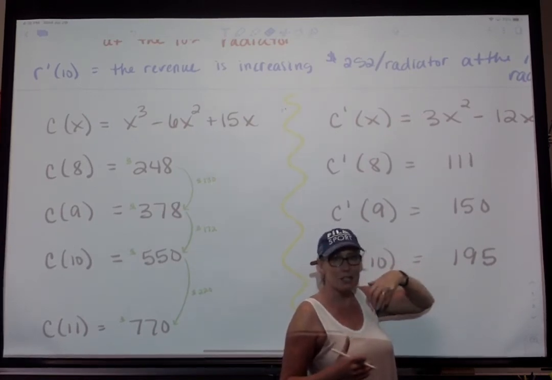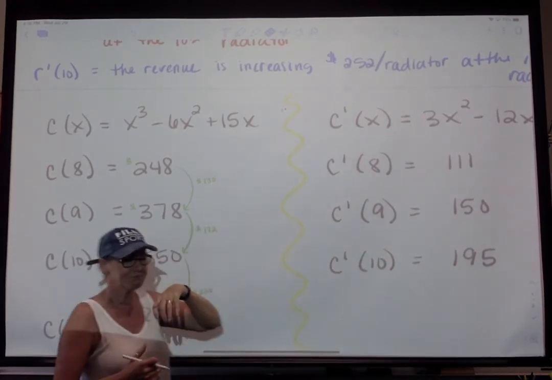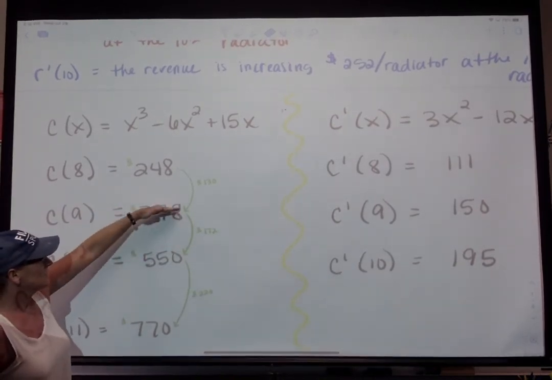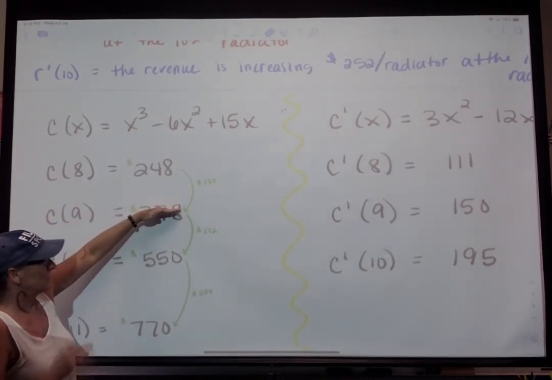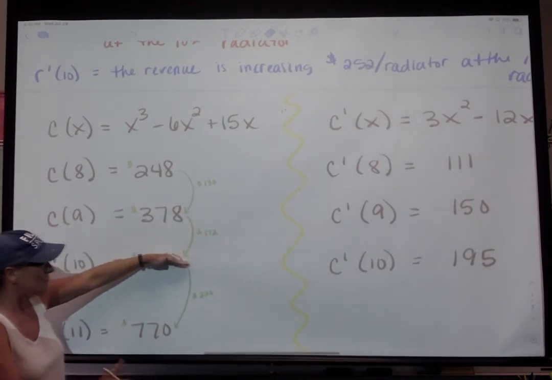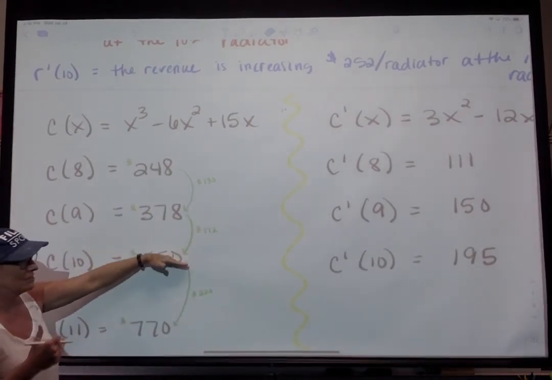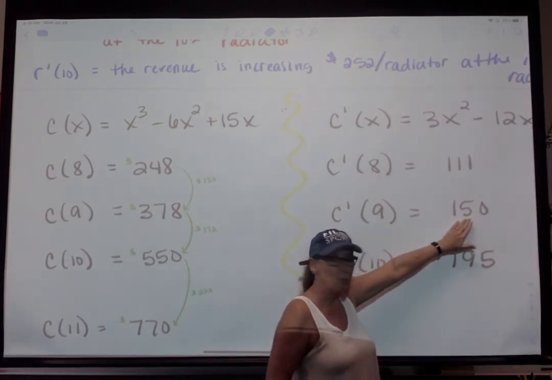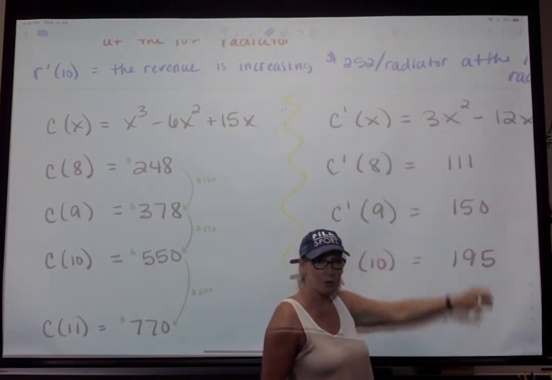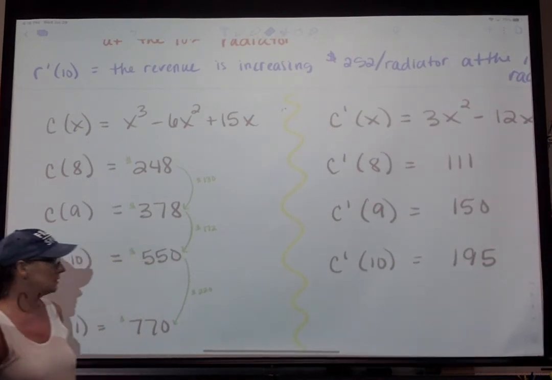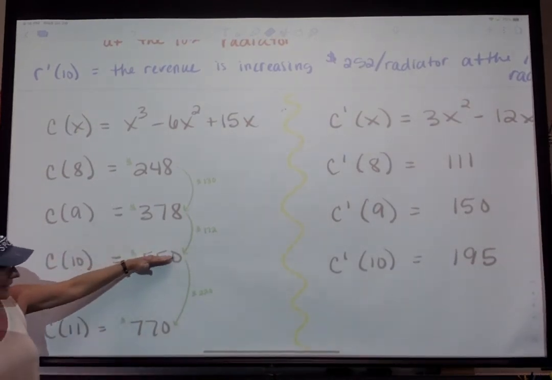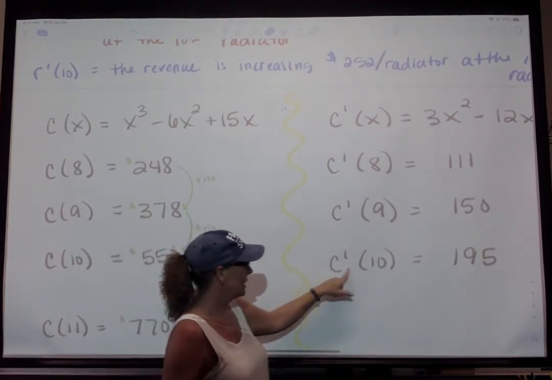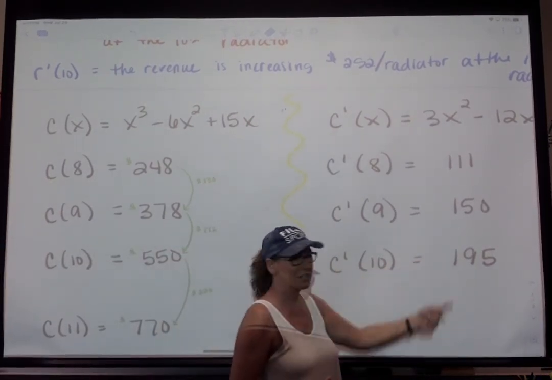They should match. From the 9th to the 10th, it was going up by 172. The rate of change at the 9th radiator, you would think would be 172. And at the 10th radiator, the rate of change was 220. It's 195. So